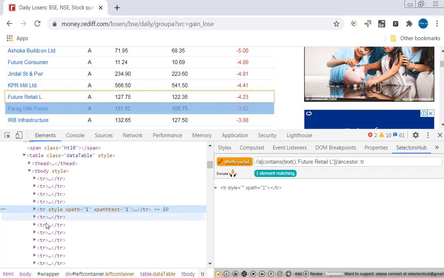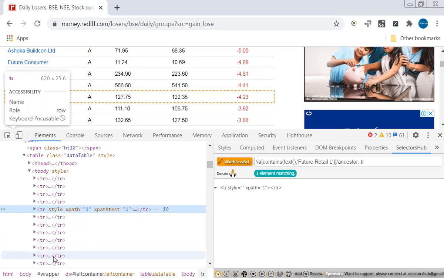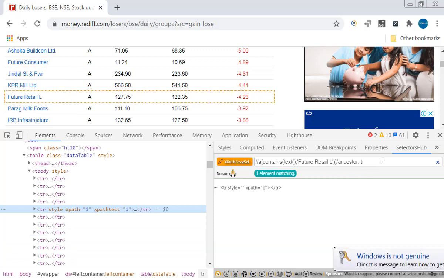For this table row, all these TRs we call as following. We call them as following. Let me try to give slash following.